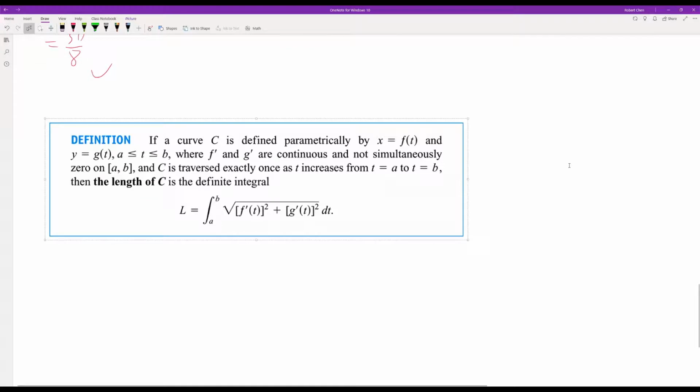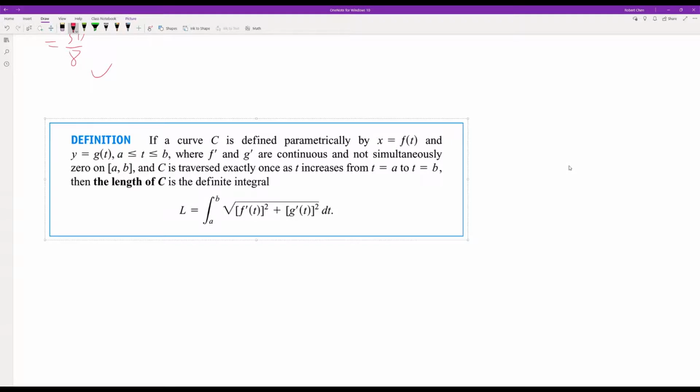Next, we'll be looking at how to find the length of C, the length of the path from parametric equations. All right, so let's look at the definition. If a curve C is defined parametrically by x equal to f of t and y equal to g of t, where t is between a and b, and f prime and g prime are continuous and not simultaneously 0 on a and b, and C is traversed exactly once as t increases from a to b,